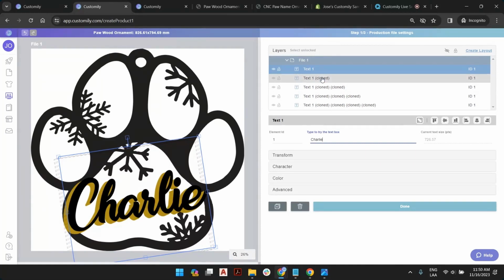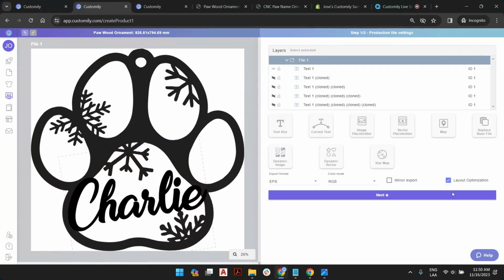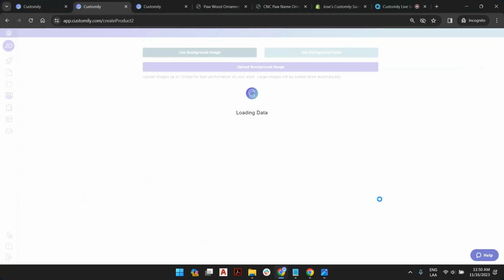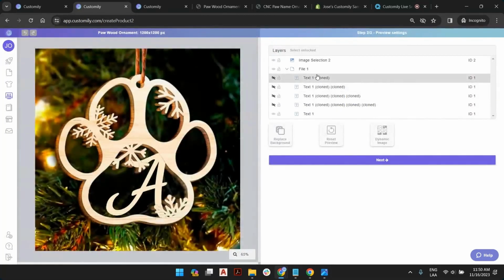Of course, we don't want any of these clones to be printed. We just want the original one because this is an EPS file. So let's just hide them all for the printing instance. And that's it. Now, because we created new items, we can jump to the preview and manage all these new